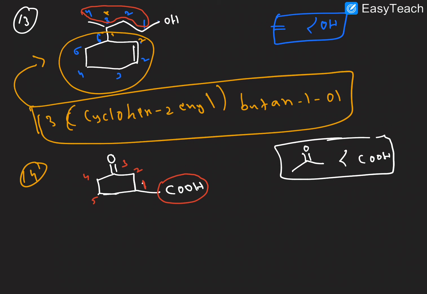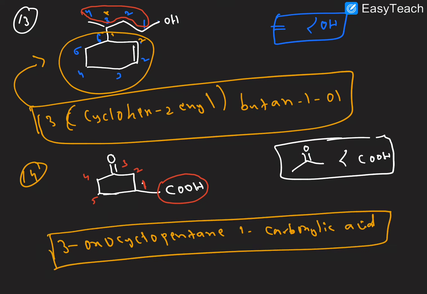Okay, in the case of carboxylic acid we will see now. In the third position, what group is there? The ketone, that is the secondary prefix, 3-oxo, right? And next, the primary prefix, that is the cyclo compound. And next, the number of carbons is pent, and all carbons are single bonds, so pentane, and the one place having carboxylic acid. This name we have to write like this, right?